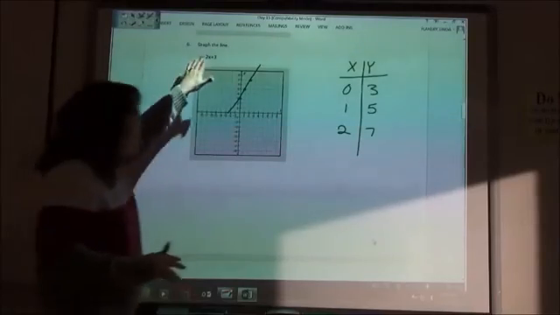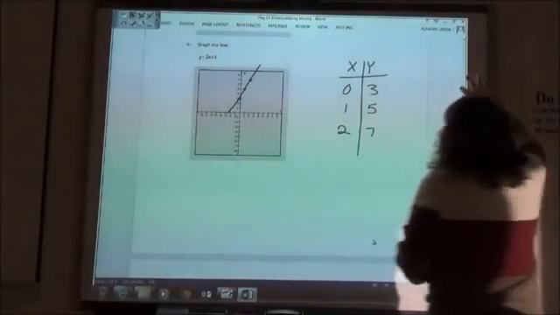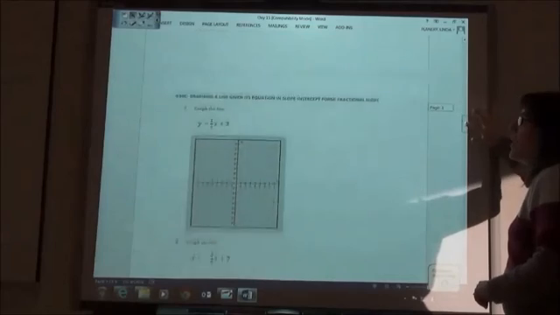After you do the ones with integer numbers in front of your x, nice whole numbers, then they're going to throw the